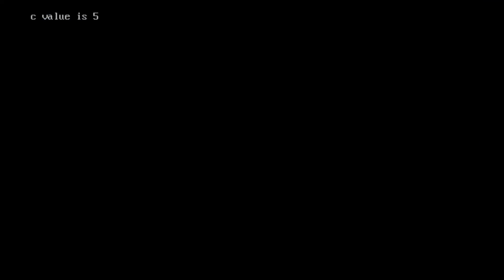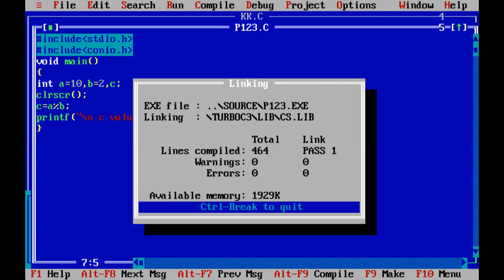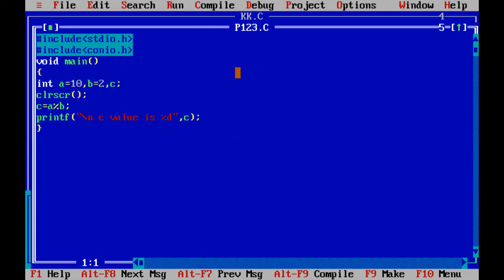Division operator always gives a value that is the quotient. Suppose if you use modulus operator here, modulus operator always gives a value that is called a remainder. So what is the remainder? Control F9, then Alt F5.